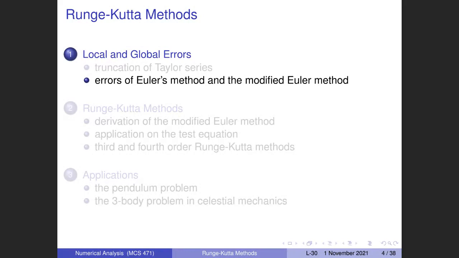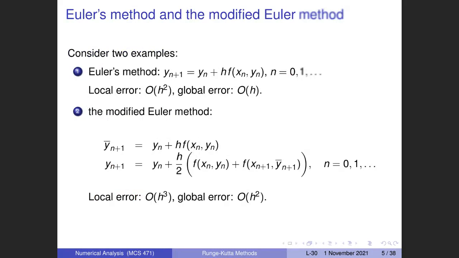All right, let us indicate how you get Euler's method. You just truncate your Taylor series after the second term. So we start counting from 0. Important: the local error is h squared, and the global error is h. The modified Euler method is here written as a predictor corrector method, where you recognize again the